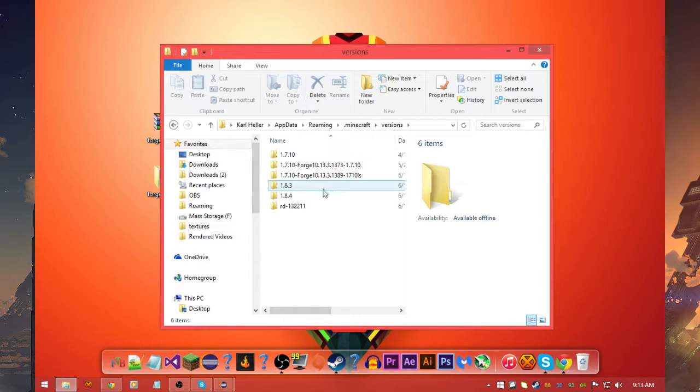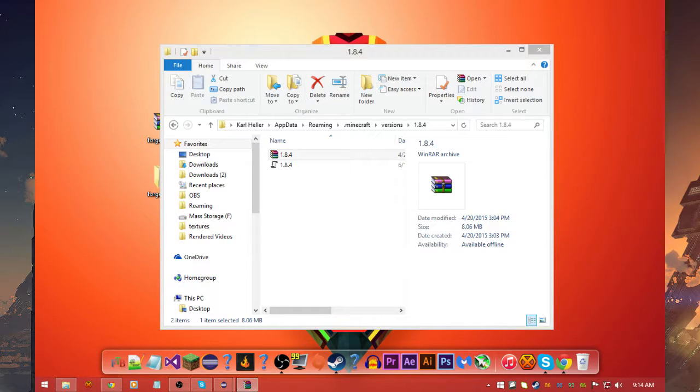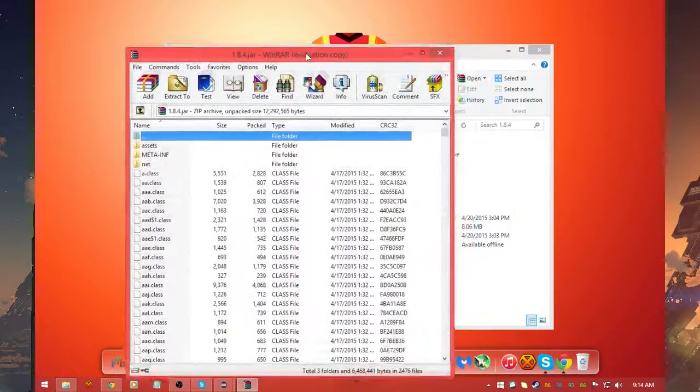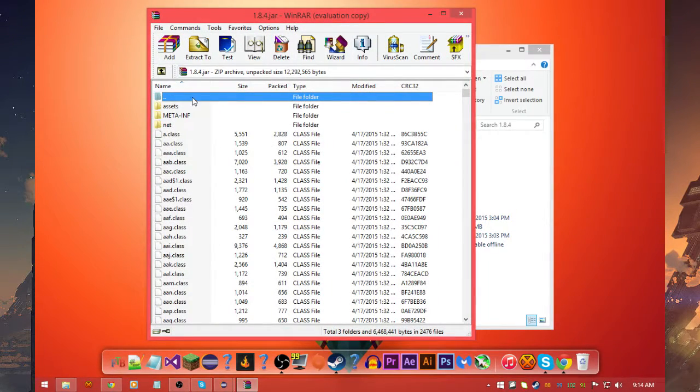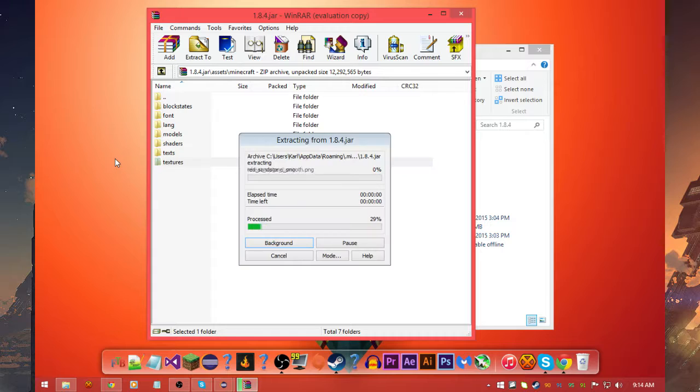And we go into our .minecraft folder, go down to versions, and select whatever version you want. Let's go with 1.8, just so we have all the textures. Normally, you could just go with 1.7.10, but why not use this? So we want to open this with either WinZip or WinRAR. I want to go into the assets folder, Minecraft, and textures folder. You want to extract that,